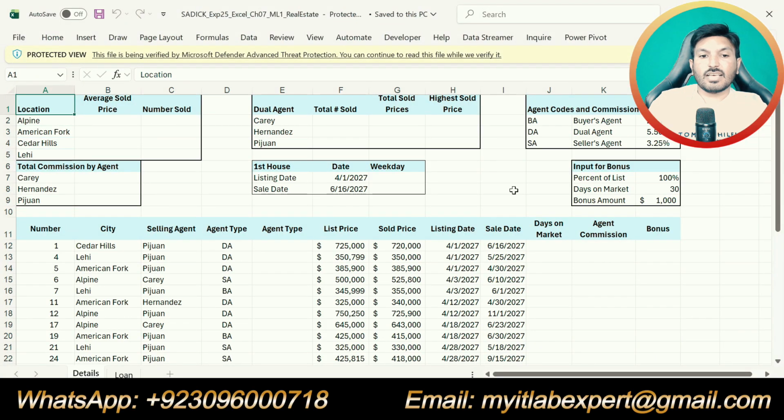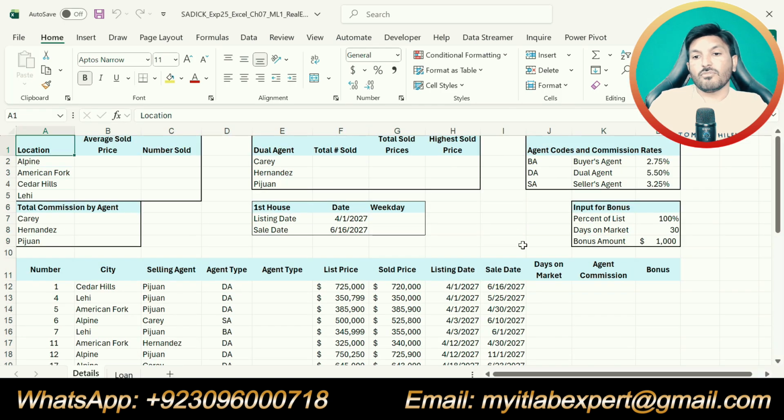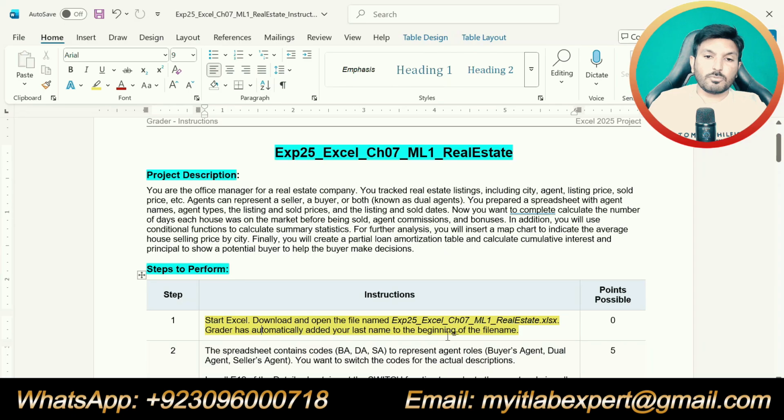This is the Excel workbook that we are going to use to solve this assignment. We will apply all the steps to this workbook and make it final for submission. So step number 1 is just about opening this Excel workbook. There is nothing else to do in step number 1. Let's move to step number 2.